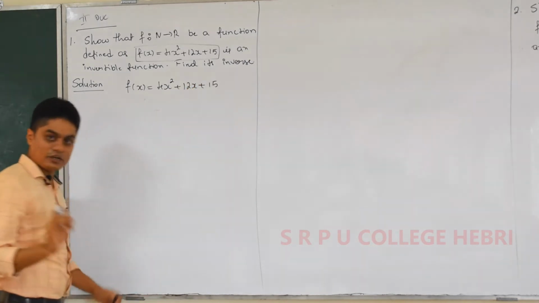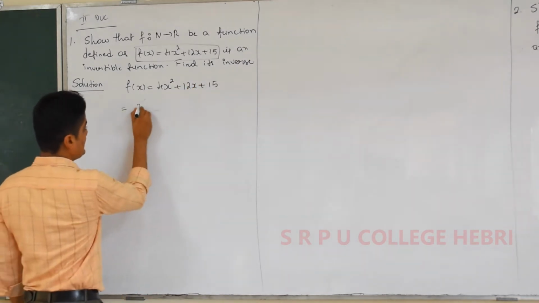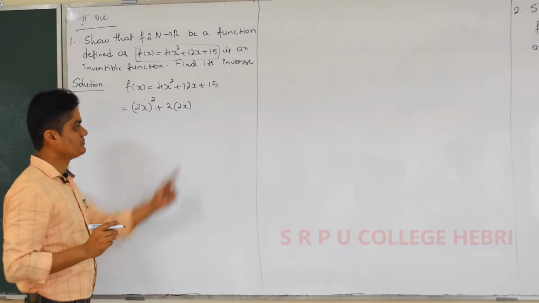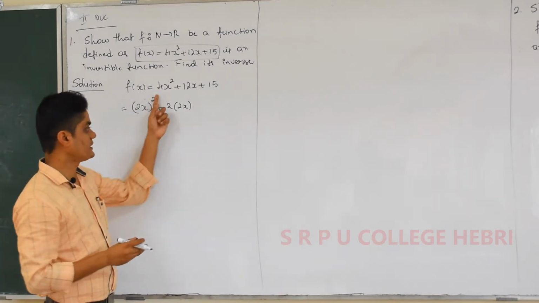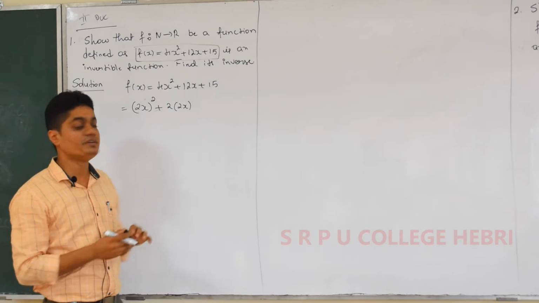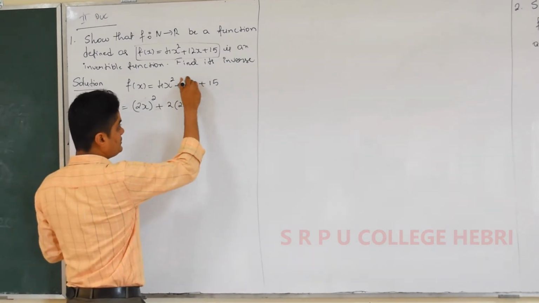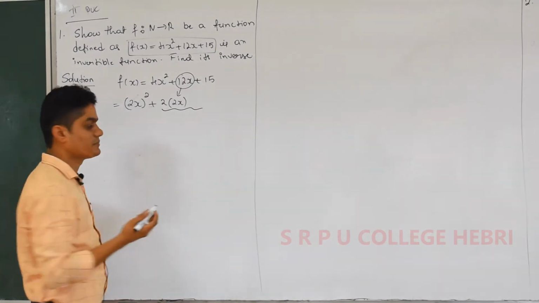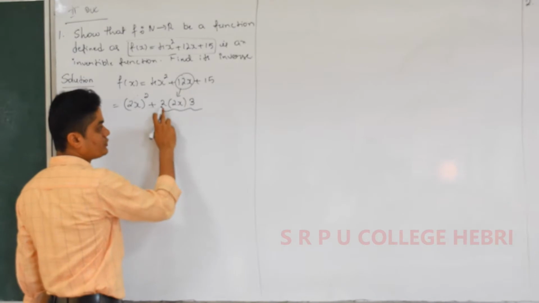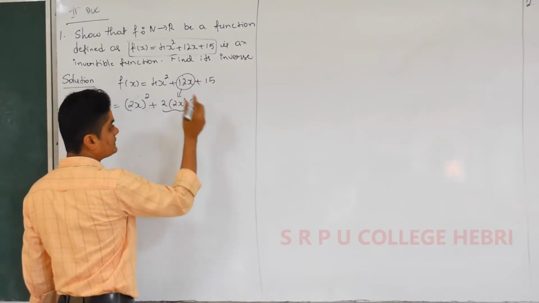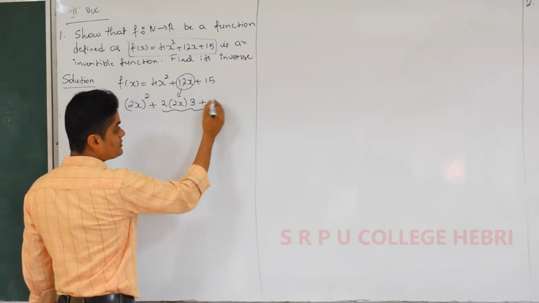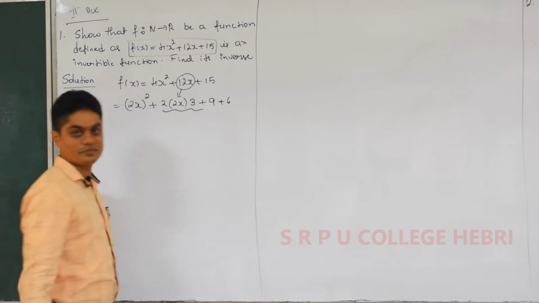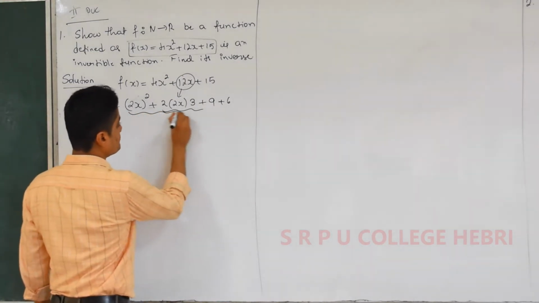Do you remember how to convert this into a perfect square? Yes, it can be converted as follows. a square is there, 2ab is there. What should b be, and how do we check? This is 12x, so here too we need 12x. Already there is 4x, so 12x means b should be 3. 2 into 2 is 4, 4 into 3 is 12x. So this is b, and b square is 9, correct? So 15 is needed, so we must add 6. Did you understand? The last problem was similar.